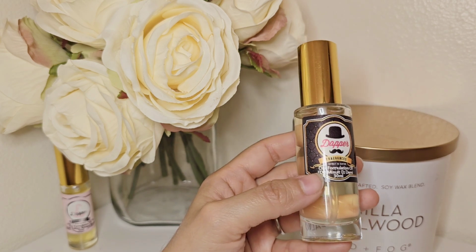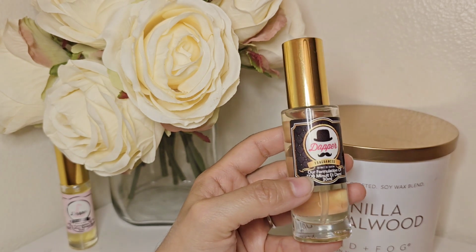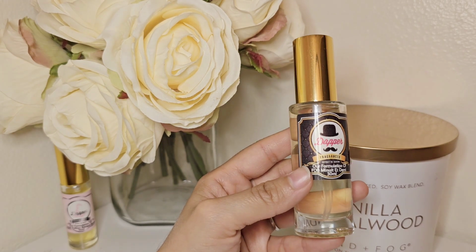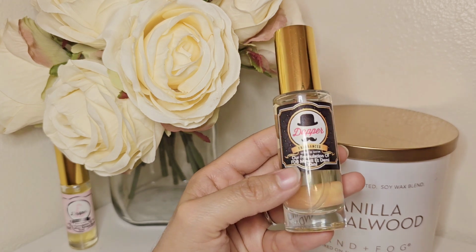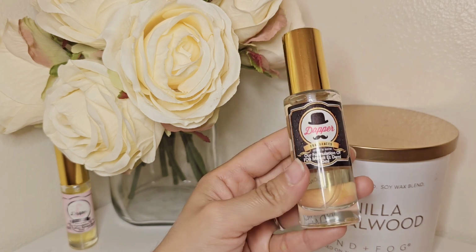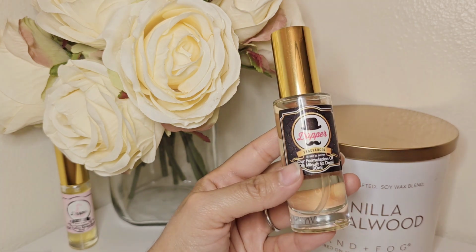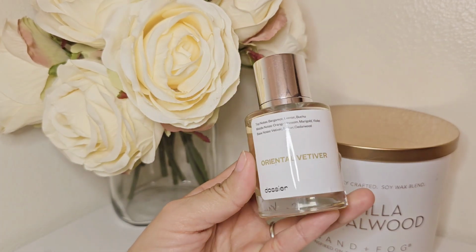This would be like my dream fragrance, but I don't think I'm going to be investing in anything like that anytime soon. It's not something that I would wear on a daily basis anyway. It's more like some fancy nights in the fall and winter time I would wear, but the price is a little bit too steep for me. So this one's gonna go as well, but now I know what it smells like. I'm a little bit more familiar, and I would maybe in the future consider getting the perfume because I think this is beautiful. Well, now that we're in clone houses, might as well do this